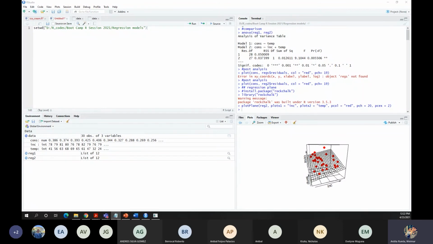So let's work on that. The first thing that I'm gonna do, besides setting our working directory, is to remove all the elements in my environment. So for doing that,